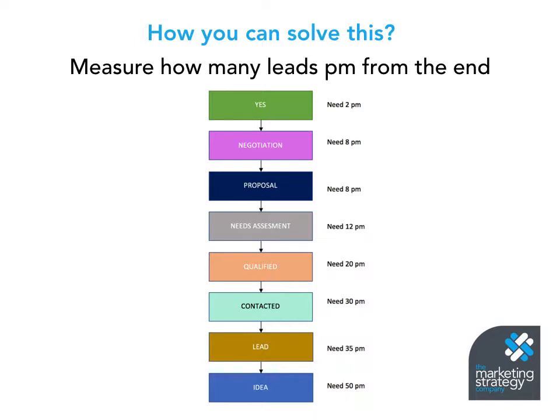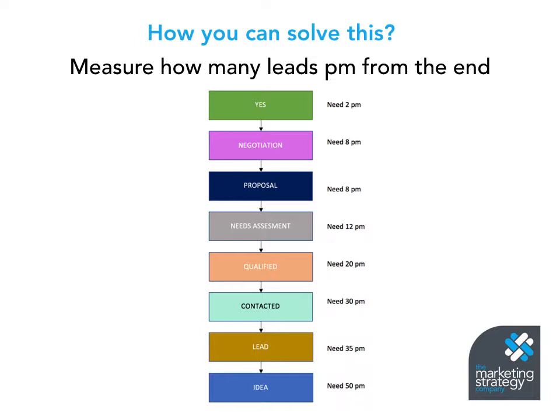But what you then need to do is measure each of those stages. And this is where most people go wrong. They figure to get 2 yeses at the end of the month, they're going to need 2 proposals out there. But you never convert 100% of proposals. To get those 2 yeses, you might have to have 8 people in negotiation at any one stage, assuming you've got a 25% conversion rate.